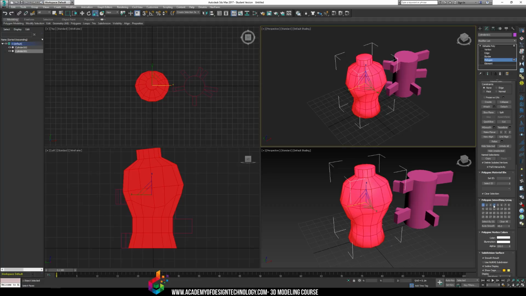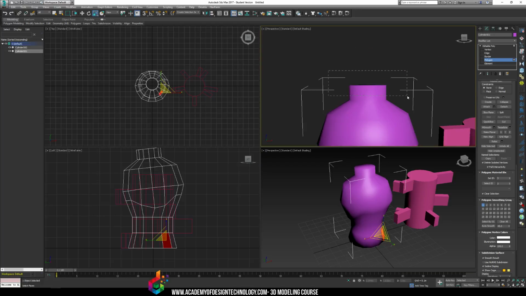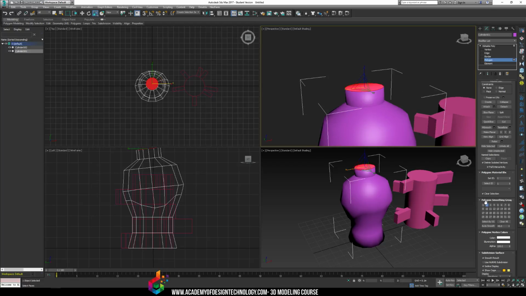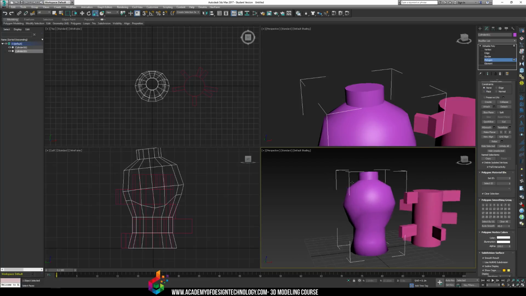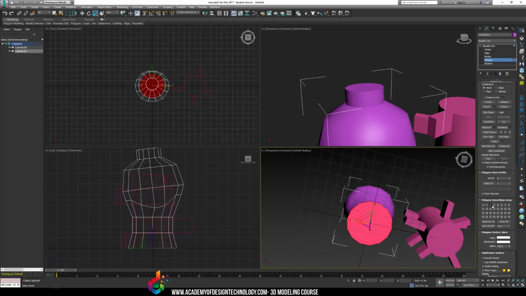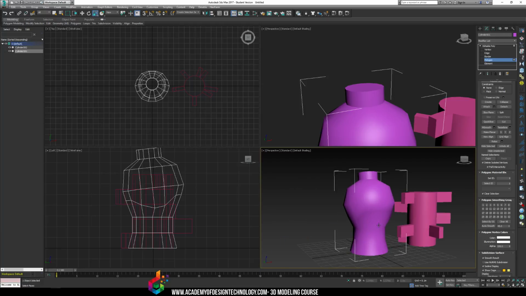So I'm just going to put this all in smoothing group 1. Don't forget polygon smoothing groups. Hey guys, editable polygon mode, scroll down, polygon smoothing groups. Really important to keep remembering to try and smooth out your model appropriately. So let's say that even if this was a bottle cap, see that, change that smoothing group. And just by altering these smoothing groups just a little bit, you get the shapes of things you want. This is too dense. See, everything looks a lot better now that I've adjusted the smoothing group, and I can